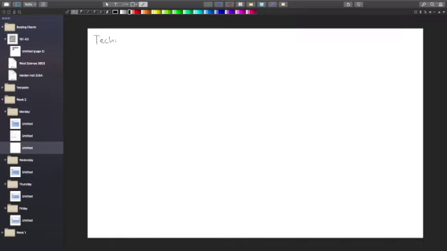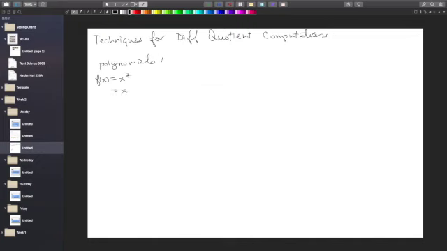You might call this techniques for difference quotient computations. First, polynomials, things like x squared. So in other words, f of x equals x squared, or x cubed, or even things like 4x to the fifth, even things that are complicated that might have a constant in front of it. All of these, the techniques you're going to use